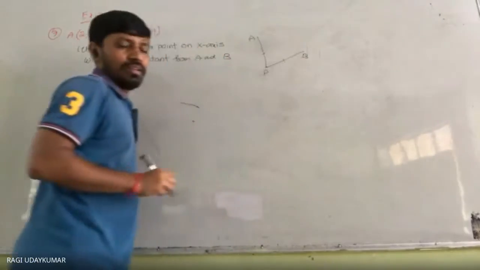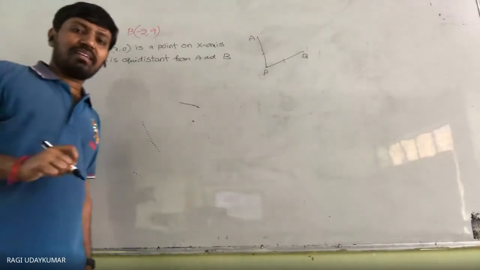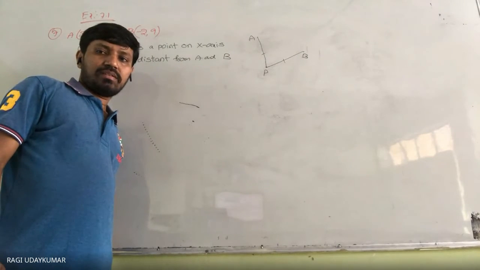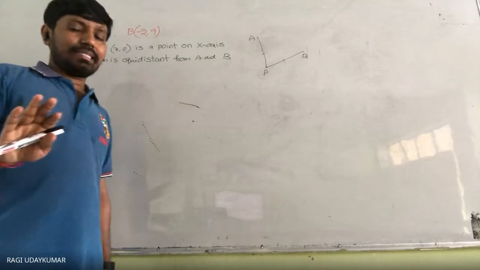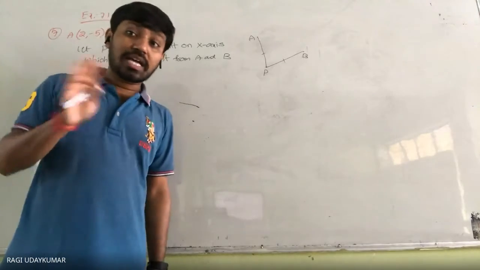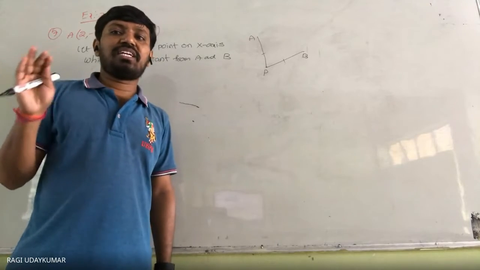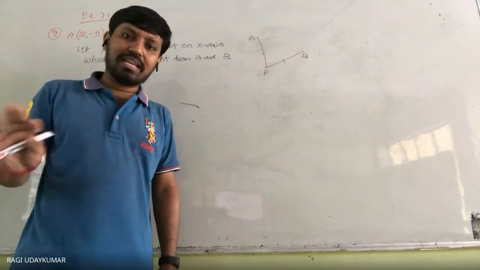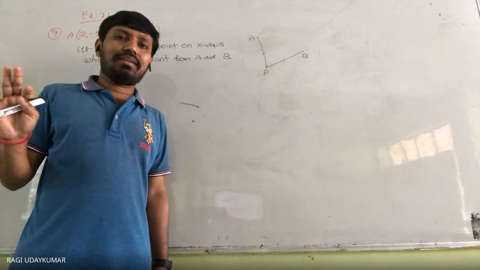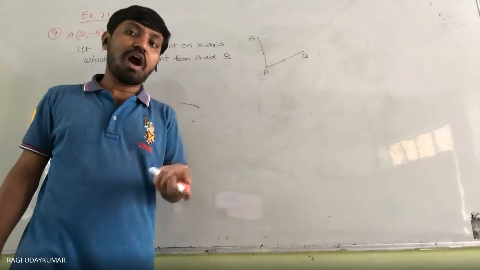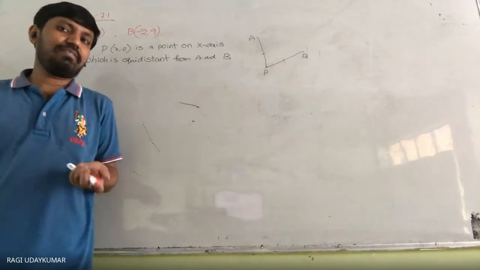Here. How many points will be there like that? The points which are equidistant from both the points? Not on the x-axis. How many points will be there which are equidistant from the 2 points? Normally they are not on the x-axis. So infinite. What do the points form? Where will they be? Can anyone tell me?